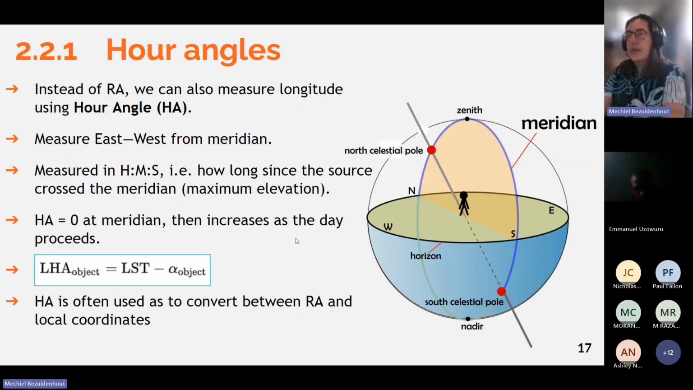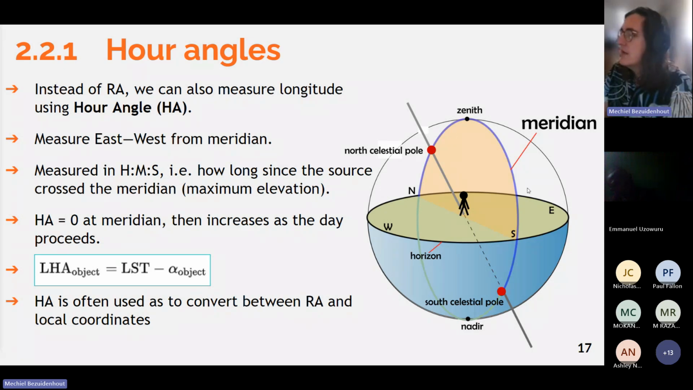So another thing you have to know about equatorial coordinates is that instead of the right ascension, sometimes we prefer to use the hour angle. So remember, the right ascension is measured with respect to the March equinox, a point on the orbit of the Earth around the Sun. Hour angle, instead, we measure with respect to the meridian. So if you look at the